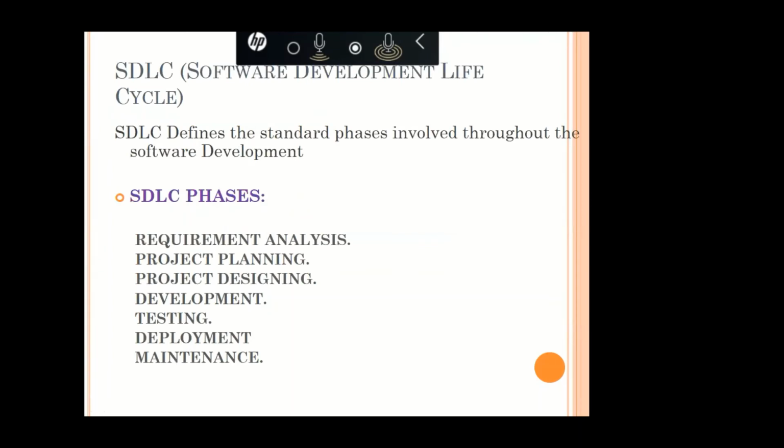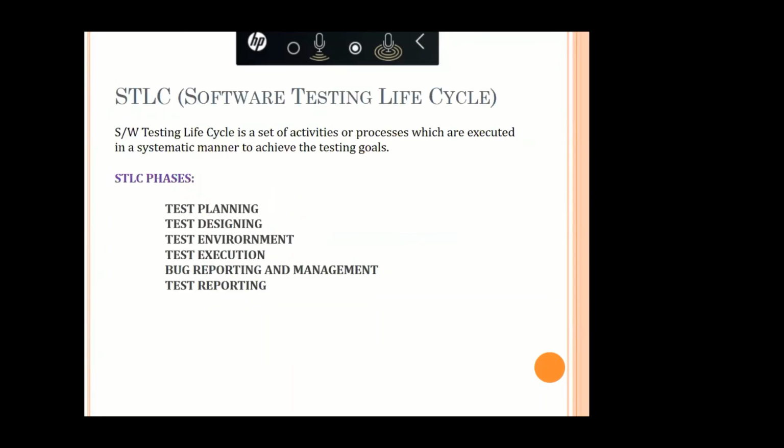They are using. And coming to STLC, in this STLC, first they have to analyze, like in SDLC I told you, right? First they have to understand the requirements and all. In STLC also this is the validation process. Once they get the requirement, they have to plan.